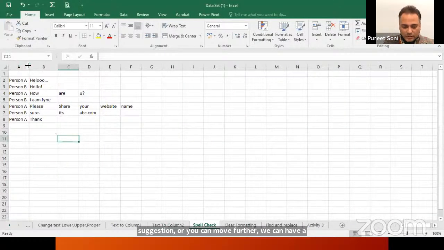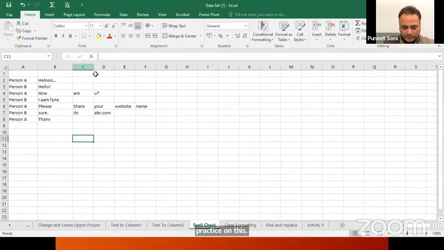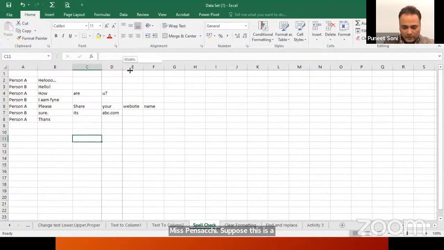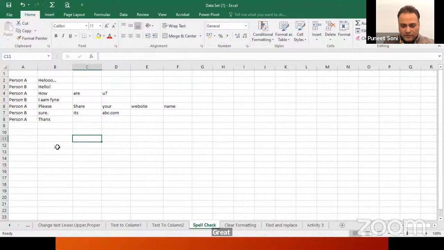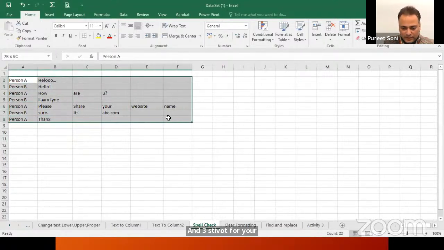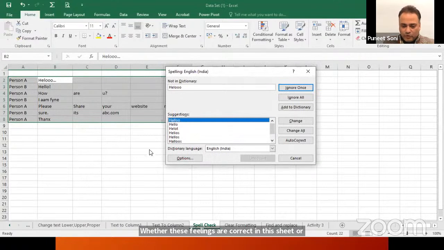Suppose this is a data set, right? I'll increase the width for your convenience. This is a data set, and I'll select the same, and I want to check whether the spellings are correct in this sheet or not. Press F7. You'll be able to see,